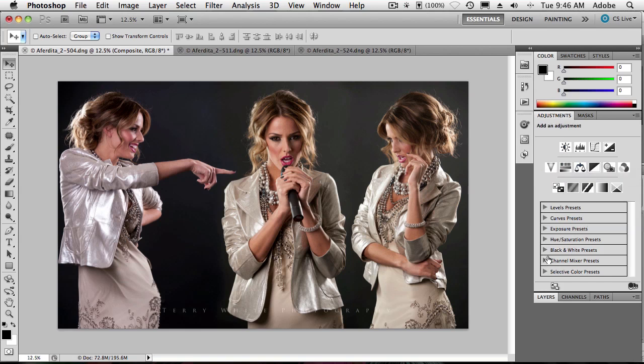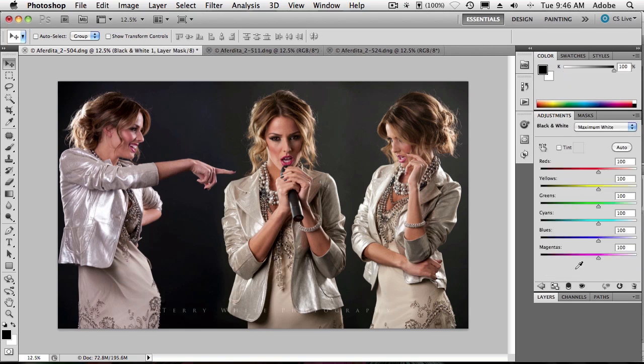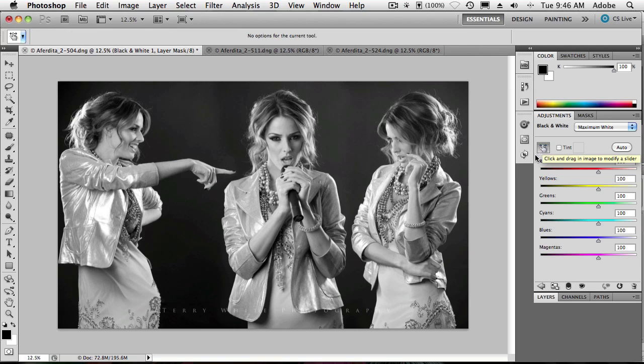So, by the way, we have presets. So if you go to the preset, I know I want the maximum white preset. Or I could just click the black and white and then do my own adjustments. But if I do maximum white, that will give me the preset I want and the adjustments to continue making. Which, by the way, another tip, you get the scrubby slider. If you wanted to adjust any particular color for that black and white, you can just drag on that color in the actual image,